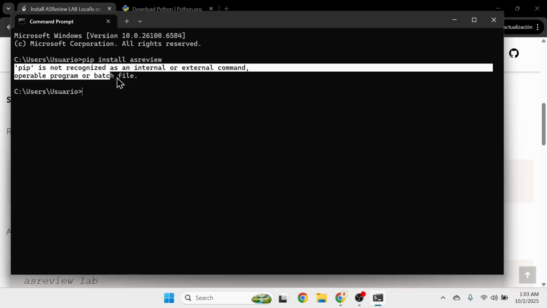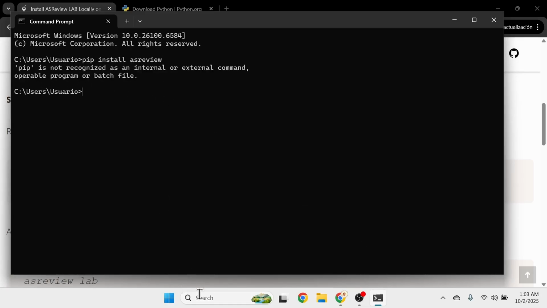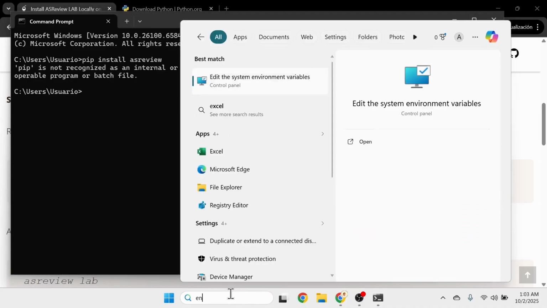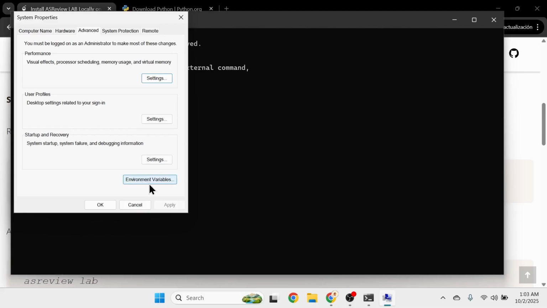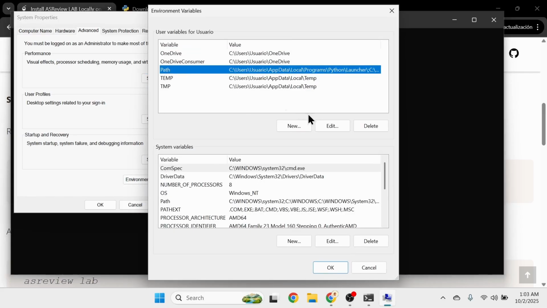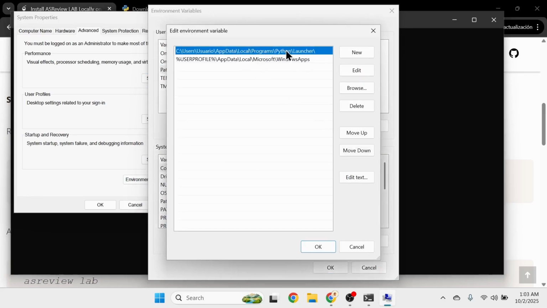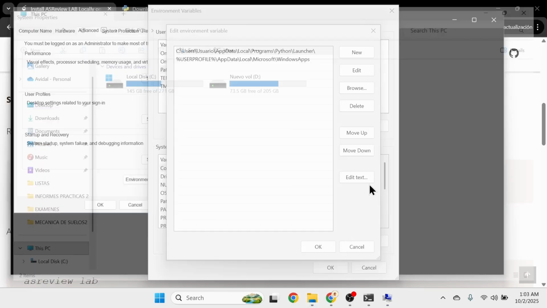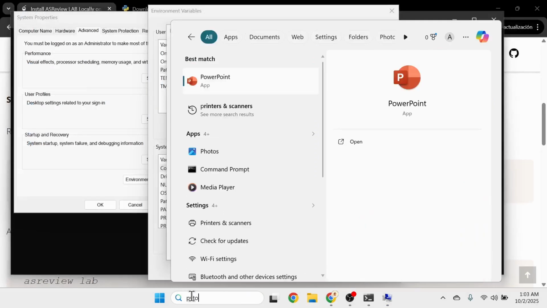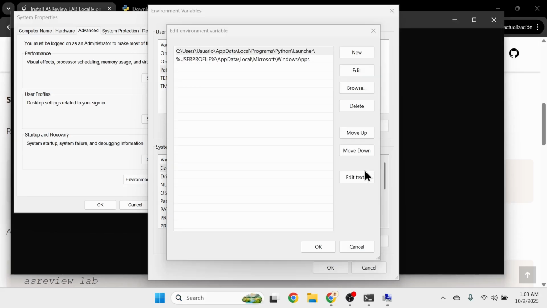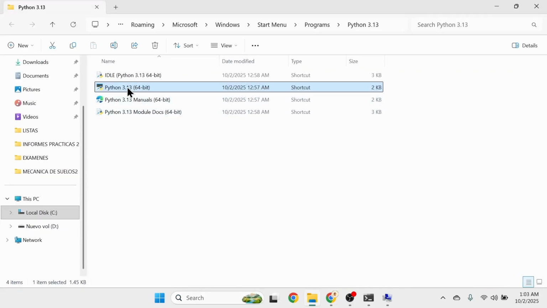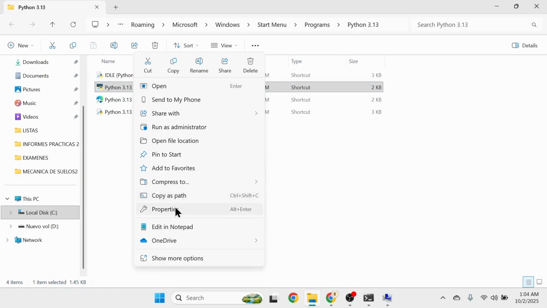If you have this problem, this error is common, so you can solve it by doing this in the environment variables. You click on edit system, path, edit, and here you have to edit this location and replace it with the location of Python. Oh, sorry, Python. You click on the location. This is not a real location, so again, open file location,